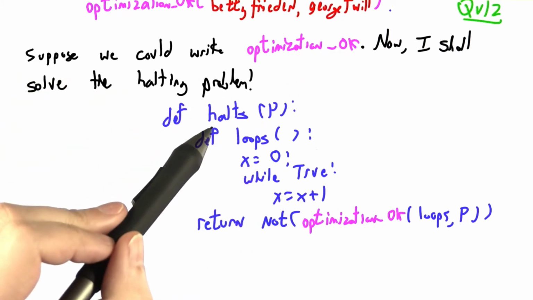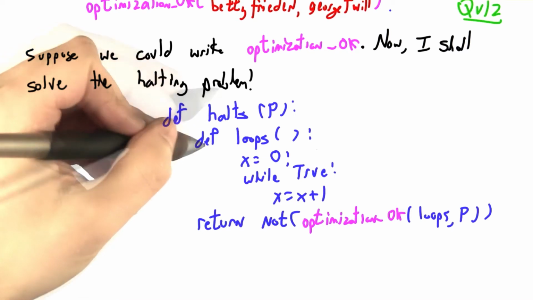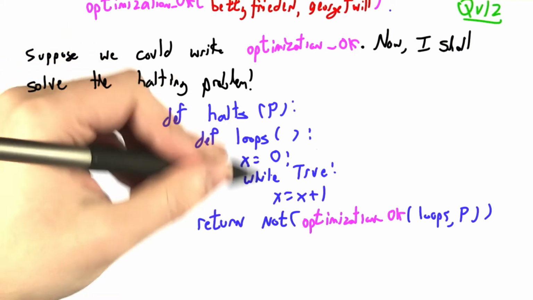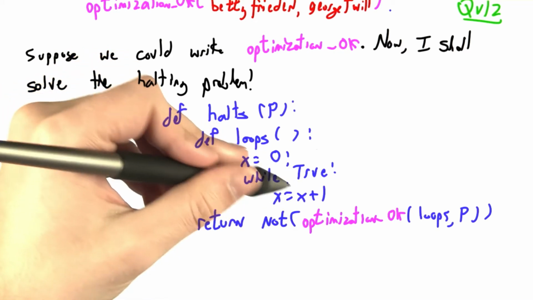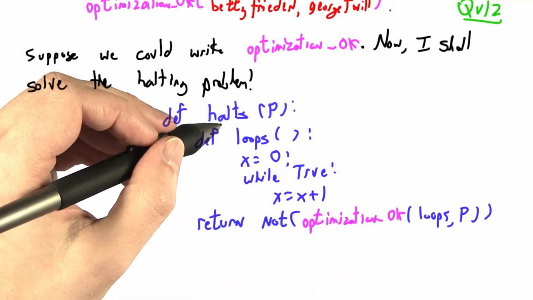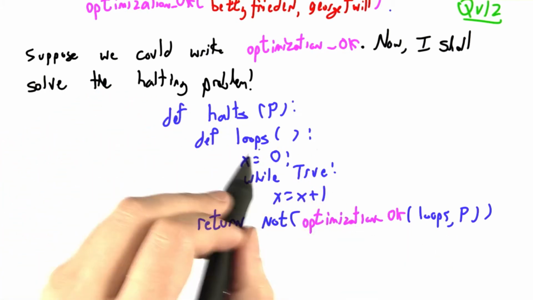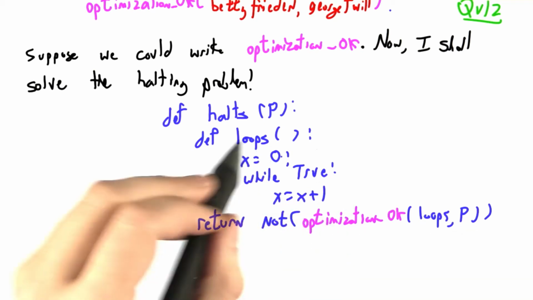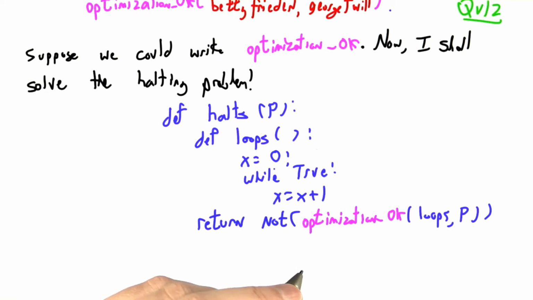I'm going to use it to build a halting problem solver. You give me a program P and you want to know if it halts. I just make up a little program over here called loops forever, or loops. This procedure loops sets x to 0, and while true, it increments x. We've seen before that this program never terminates, never returns a value. I can just check to see if your program ever halts by checking to see if it would be okay to replace it with loops forever. If your program gets the same answer on all inputs as loops forever, then your program loops forever on all inputs. Otherwise, your program halts.